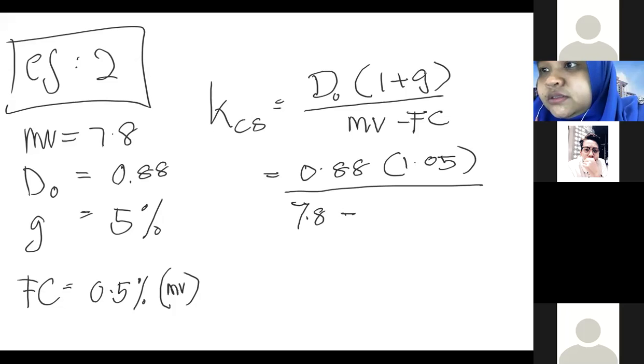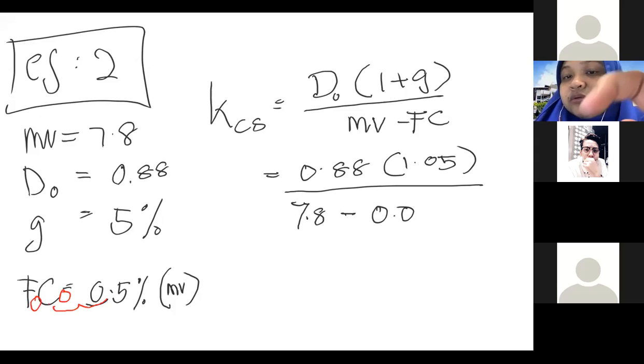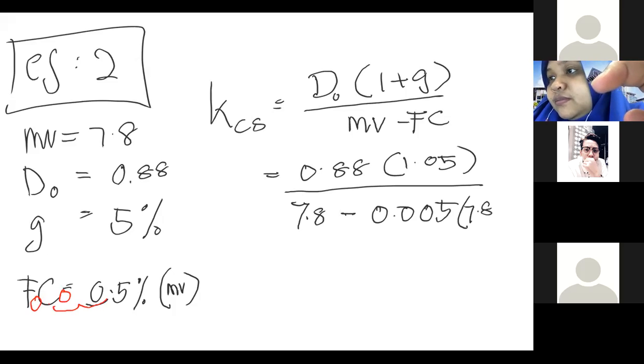Minus 0.0 because this is 0.5, right? So how to make it in decimal? You need to bring 2 points to the left. Okay, so it is 0.005 times 7.8. Okay, so